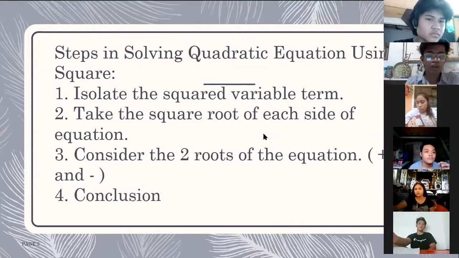Okay, for the number 4, ako na. You need to conclude. For the conclusion, kailangan mo sabihin kung ano talaga yung final answer natin. Okay, now let's move to